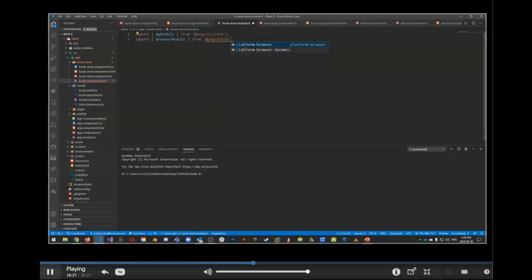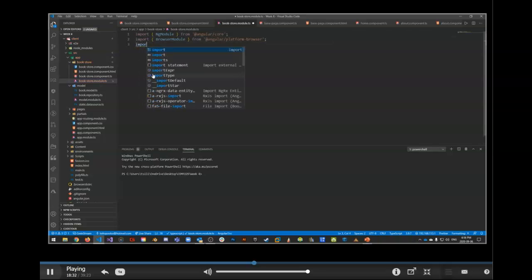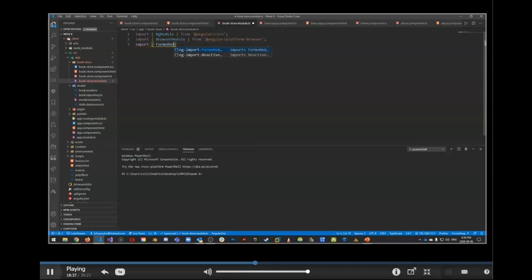All right, and then we're going to import our FormsModule, which again is from @angular/forms. And why is that giving me an issue? Did I do it wrong? Oh, we have to use from. How about that? From @angular/forms, and import the model module,